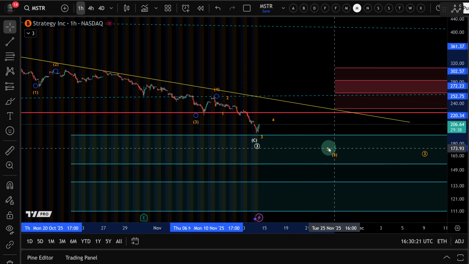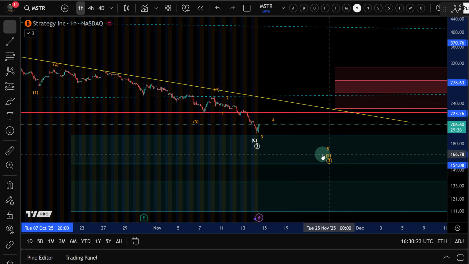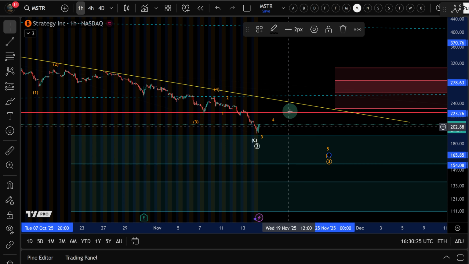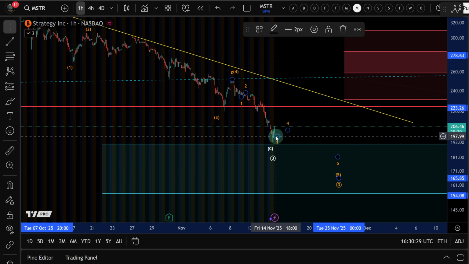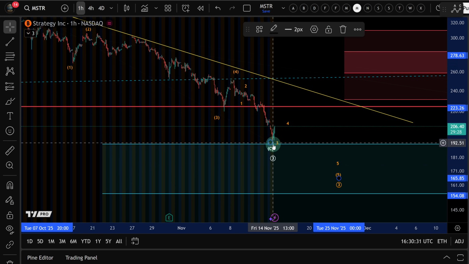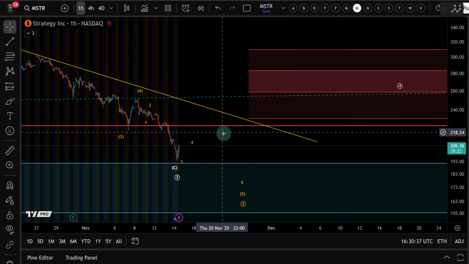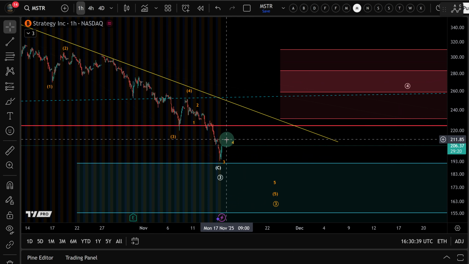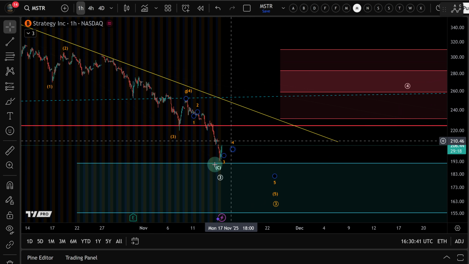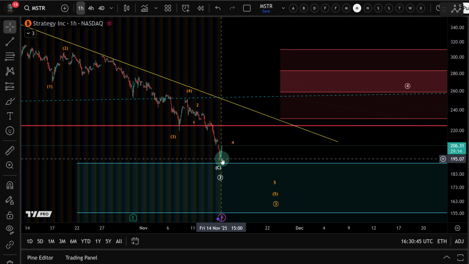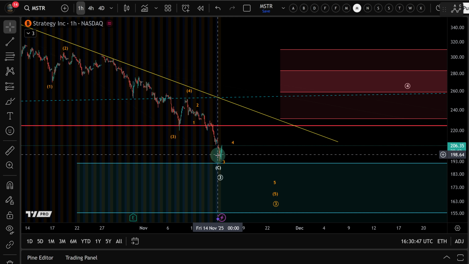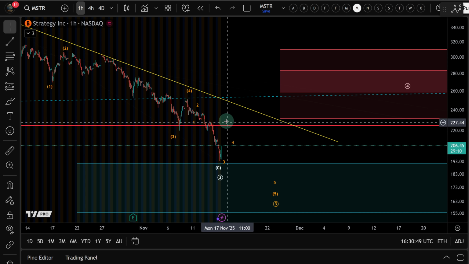There are a couple of scenarios we're tracking. In none of them has a low formed, at least no meaningful low. A local low could form now at any point. Honestly, a reaction to the 100% extension level is not surprising at all. So if this turns into something bigger, then it could be really interesting. But this move up is way too small now. So I would like to see at the very least some kind of a micro 5-wave move up.